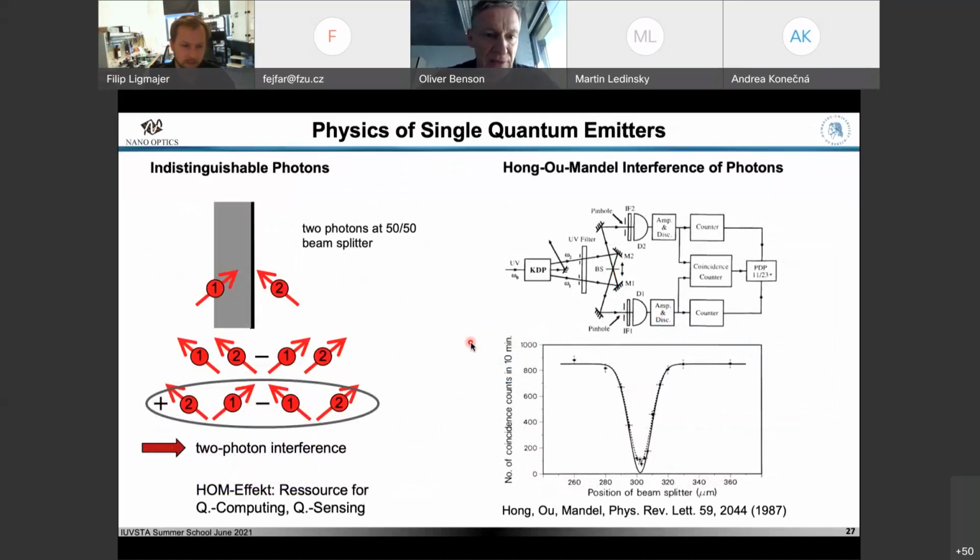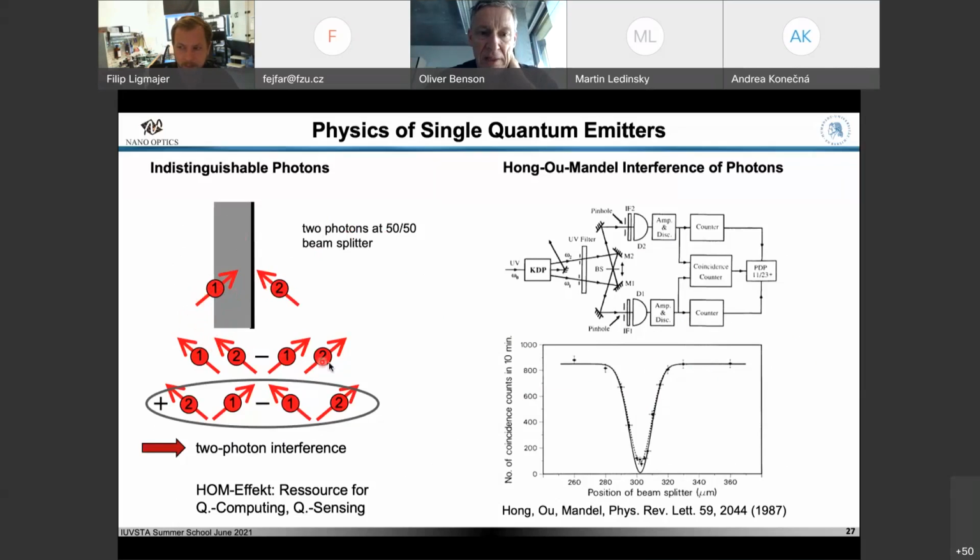Finally, the last fundamental effect is a two-photon interference. So what do you have here? It's again a property of two photons. And so this is a beam splitter, maybe a glass surface with a metal layer here to realize a 50-50 beam splitter. And in the Gedanken experiment here, you send two photons on this splitter. And classically, what could happen? Two photons can go to the left side. So this is reflected, this is transmitted.